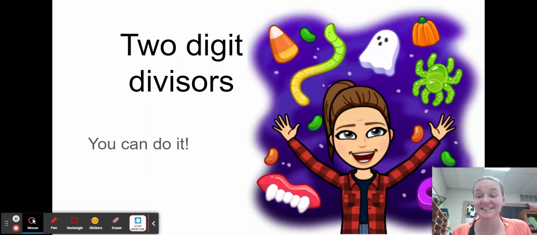Fifth graders, today we are going to be dividing by two-digit divisors. It might seem a little spooky, but I know with a little patience and perseverance, you got this. All right, let's do this problem together. Write down in your math journal